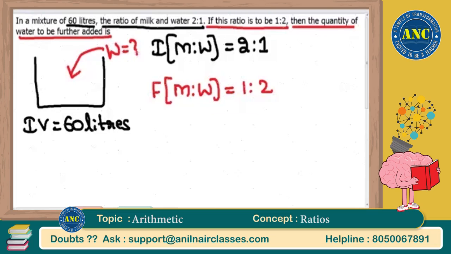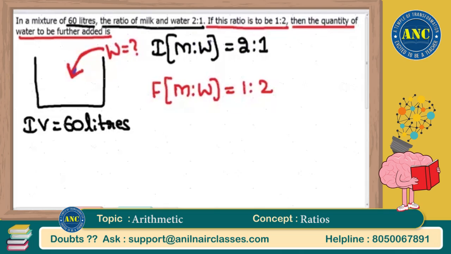I will repeat the question once again. Initially, there is 60 liters of mixture present in the vessel. Initial ratio is 2:1. This 2:1 ratio, when I add some water, the 2:1 ratio will become 1:2 ratio. How much water I need to add so that the initial ratio of 2:1 will finally become 1:2? That is the question. I hope the idea is clear, sir. Now see here. Very, very easy logic again. Don't take it as 2x and 1y or whatever the variable methodology and waste your time. Simple logic. Can I say that according to the ratio,